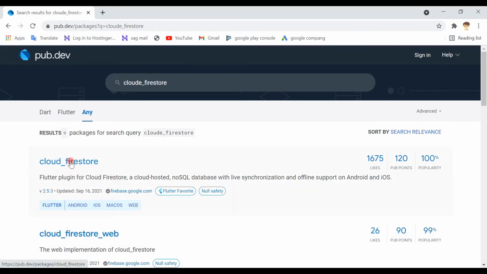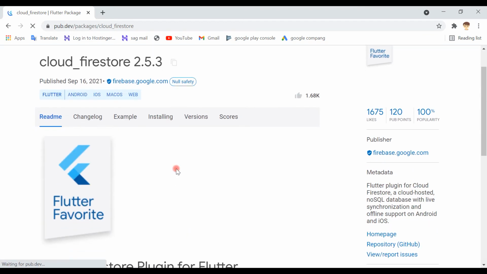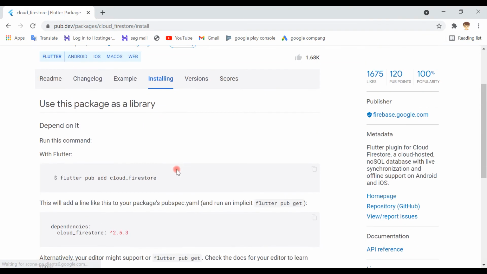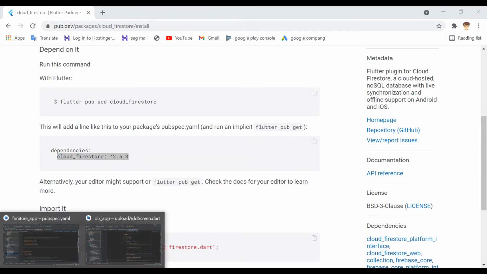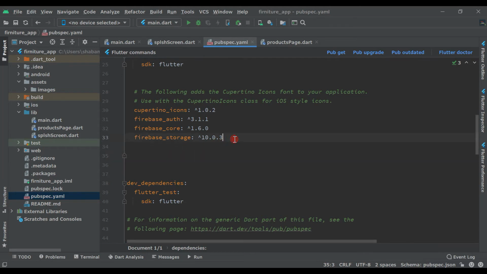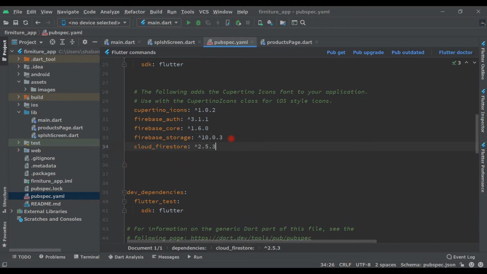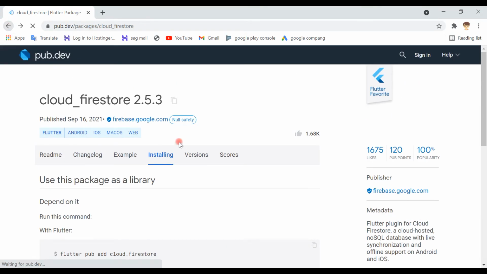on this first link, click on the first one, then installing and copy the Cloud Firestore dependency. Come back to the pubspec and after this paste it. Now come back here again and write